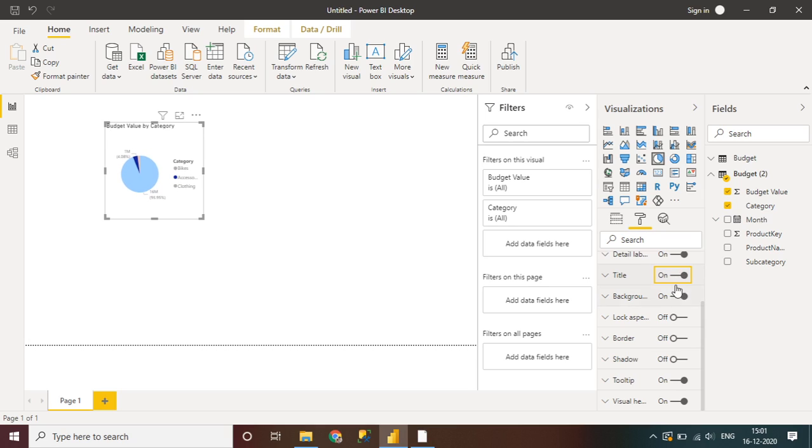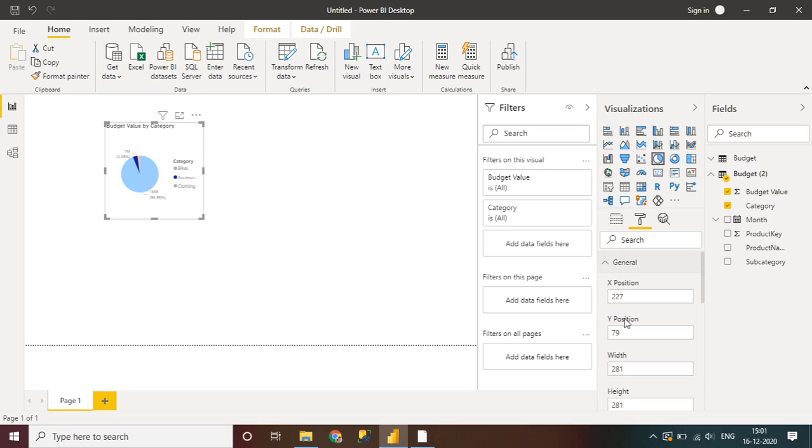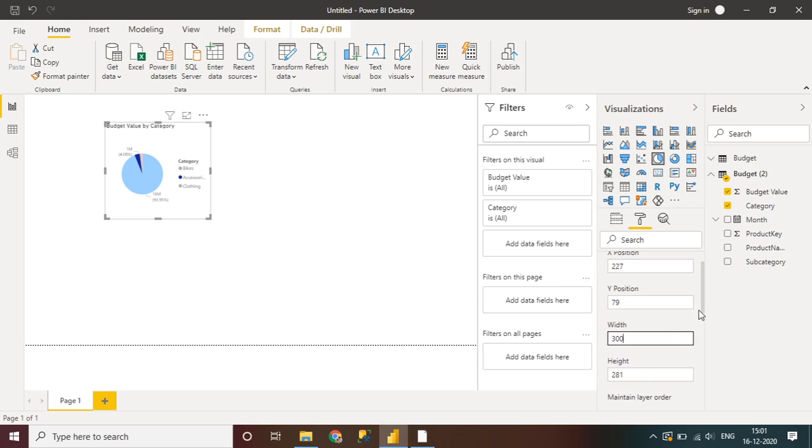These are the settings if you want to switch them on and off, and if you want to add a background. Go to General and you see the position and width. These are things you can do, and you can do some research and learn how to adjust the settings.